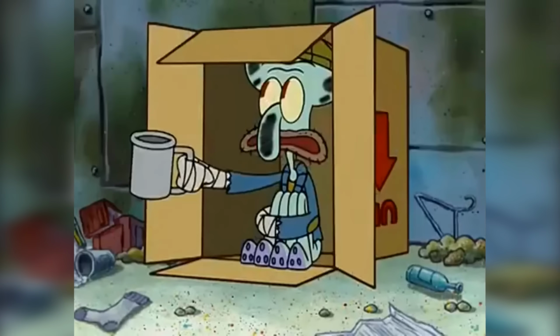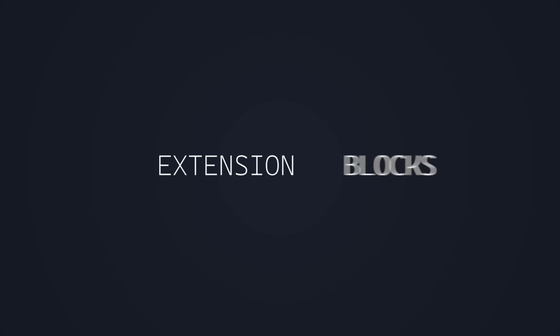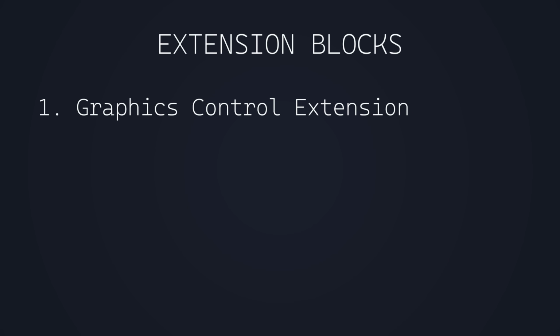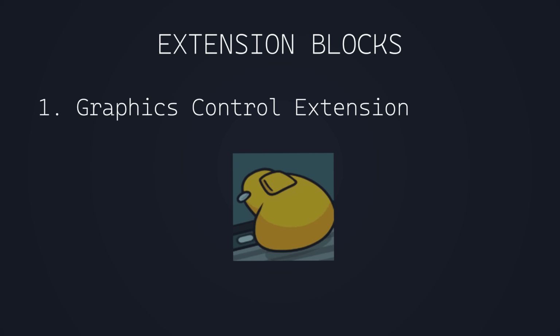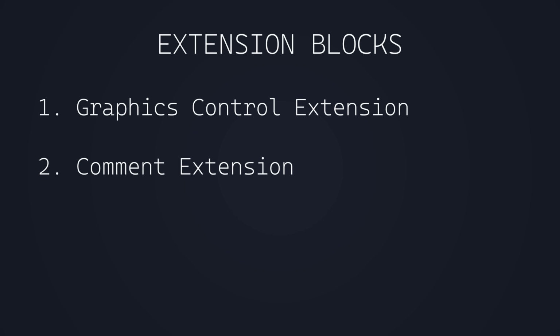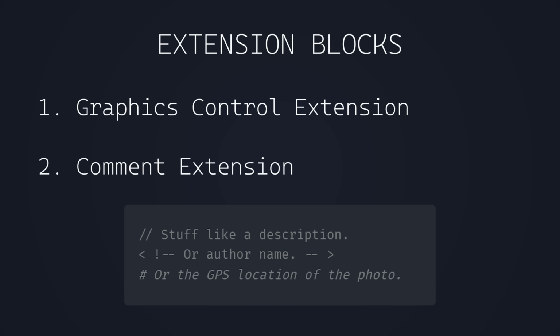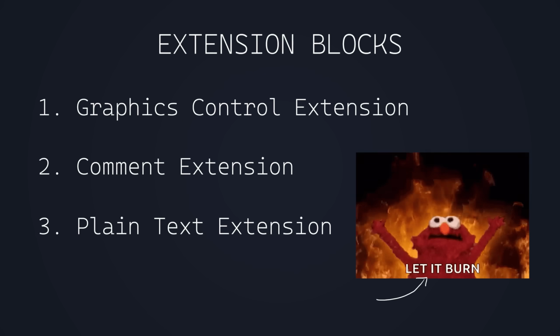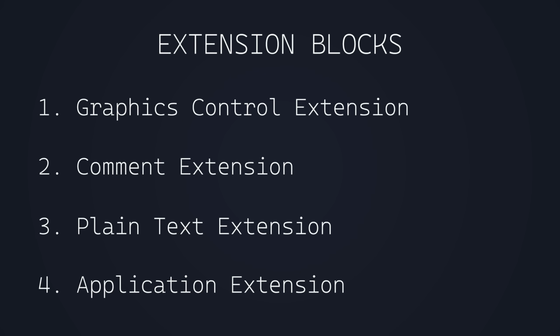But here's where most people are wrong. There's also these weirdly underused data spaces called extension blocks. They come in 4 varieties. First, you have the graphic control extension, with which you specify transparency settings and control animations. Then you have the comment extension, which basically allows free text comments, but parsers may treat it as displayable text, so careful. Then you have the plain text extension if you want simple text overlays, and finally the application extension,